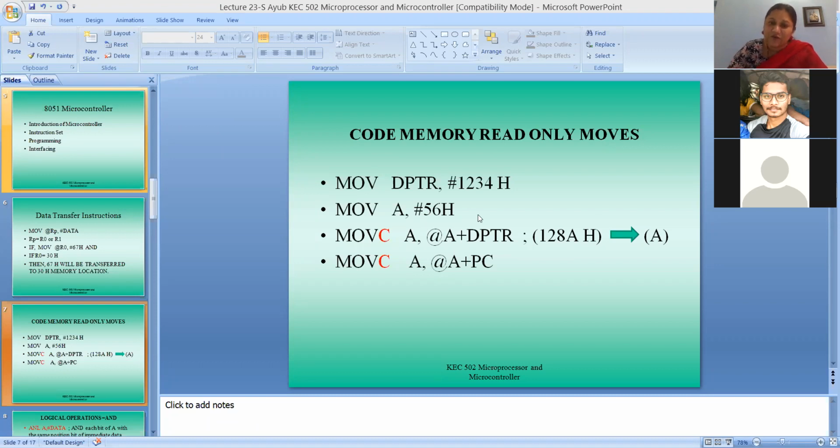So whatever value comes into the accumulator, you are adding it to 2000 hex. Then 2000 plus that 52 hex will form a new memory location. And at the 2052 memory location, some temperature reading is stored, and you will display that temperature reading.